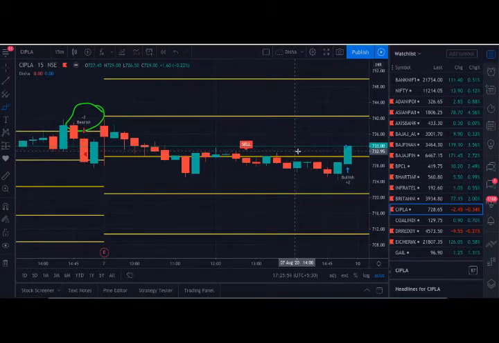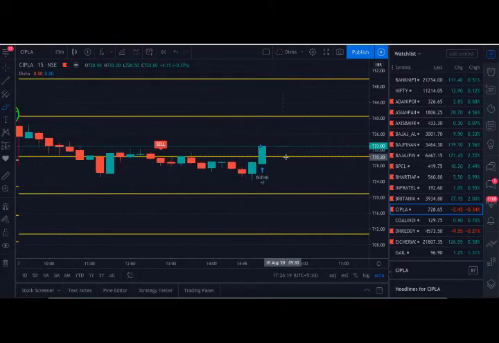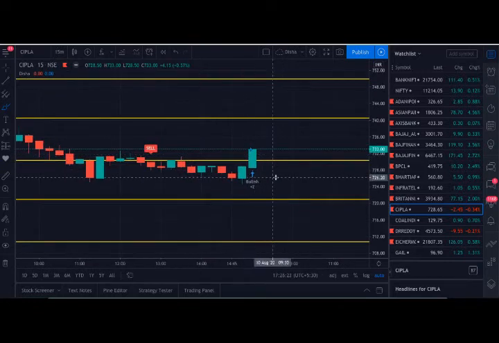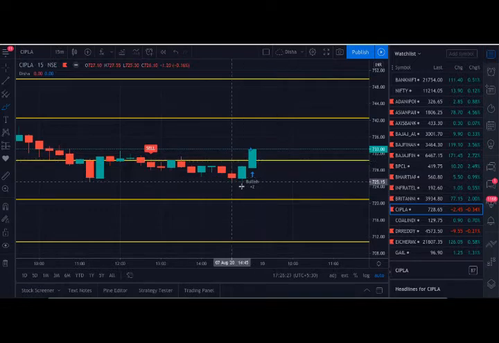Next, Cipla. Cipla, you can see the previous day it has given the bearish trend. Here, with giving breakdown, it has given a sell signal. You can take the sell call below this candle. It has made a few points as profit, and then it moved higher. So in this case, based on your risk appetite, you can either book partial profits, or it would have given small loss. It depends on you.